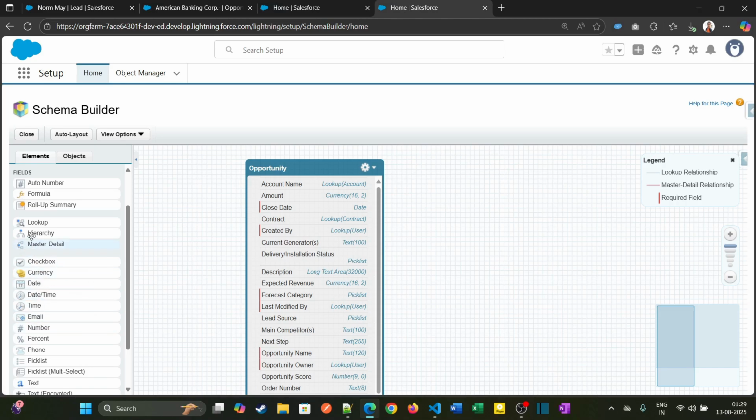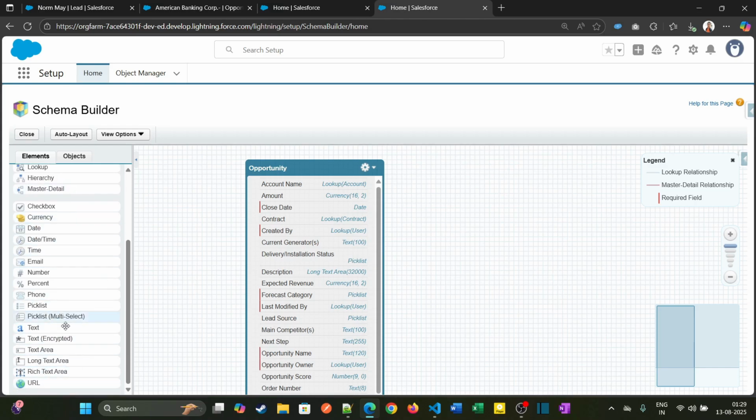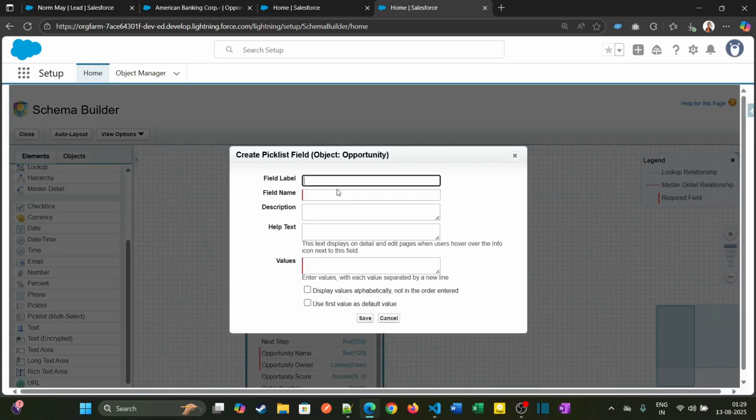Here we can see different types of fields we can create. We can create auto number, formula, roll-up summary fields, lookup fields, master-detail fields, and different data types are available. For today's demo I'll be creating one picklist field for the Opportunity object. So I'll select this picklist and drag and drop it into this canvas, and I'll write the field label as Product